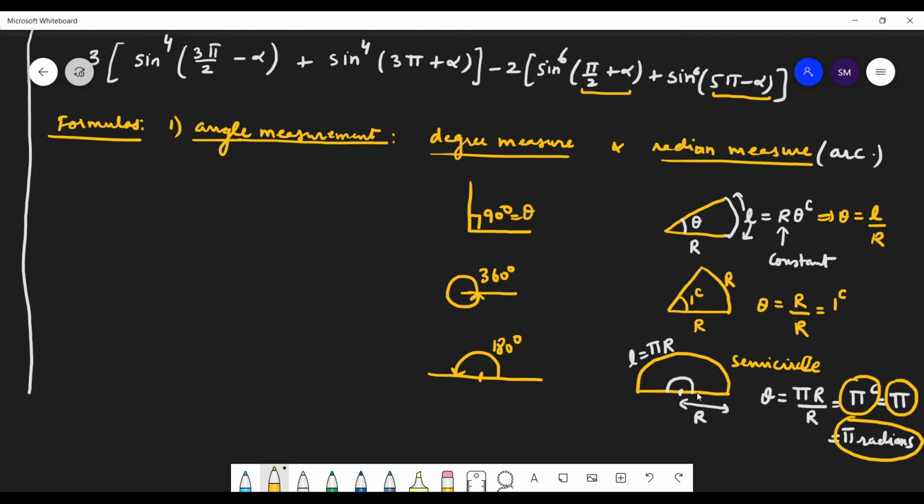So whenever you have 90 degrees over here, or multiples of 90 like 270, it doesn't matter whether I have positive theta or negative theta, plus or minus, the function will be changed. Sine will change to cos, and if cos is there, then it will change to sine. So just by looking at 90, I have changed this.